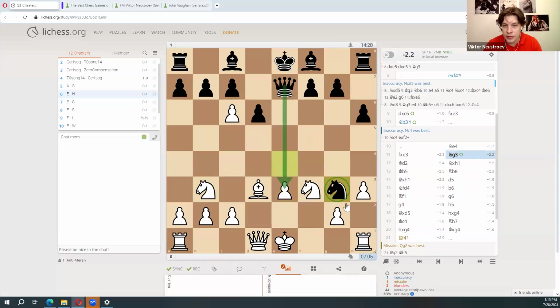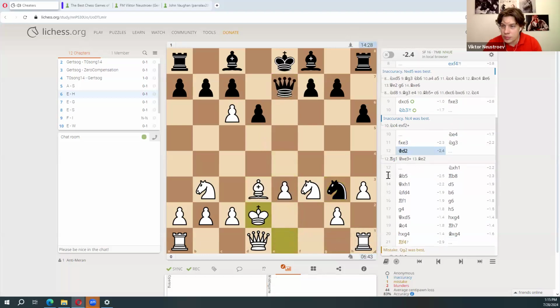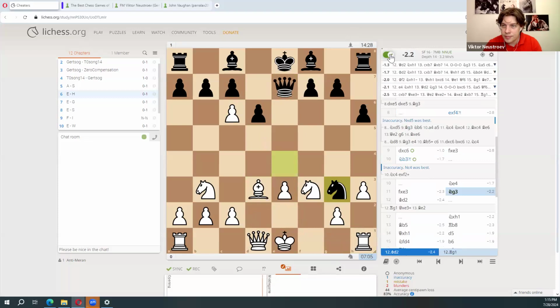Now this and the rook are both hanging, so they don't even take the pawn on c6. Well, so doing this means queen e3, and then the rook is not lost. So rook g1, queen e3, bishop e2 is a must, right? But this is a decisive advantage. So here, king d2. Maybe it wasn't the best move.